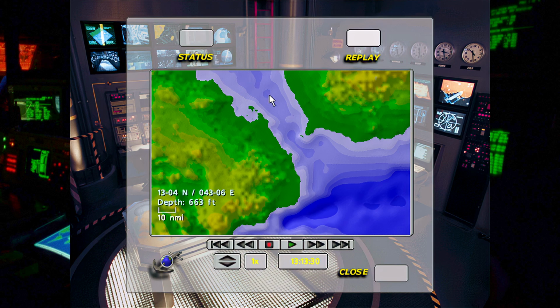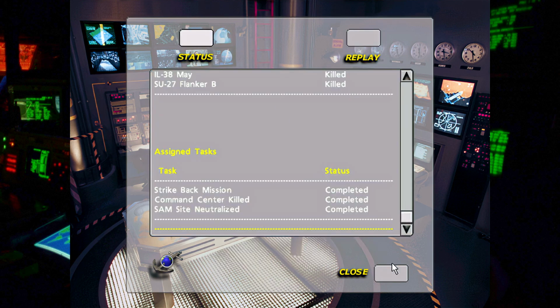We've seen that a couple of times where, as soon as they launched, those Backfires were dropping Kitchen missiles from 500 feet in the air, which I don't even...